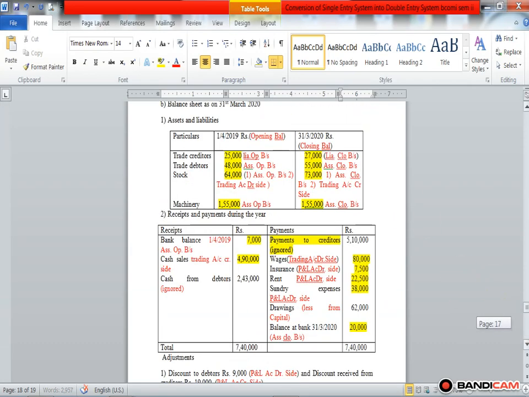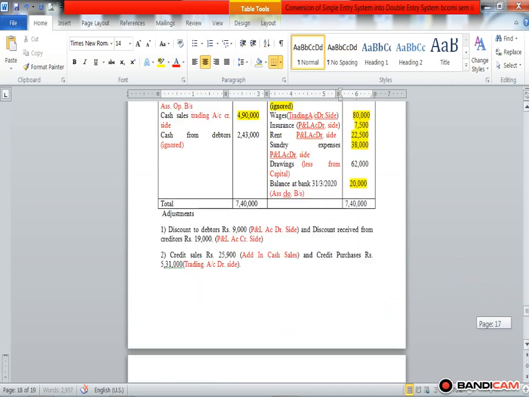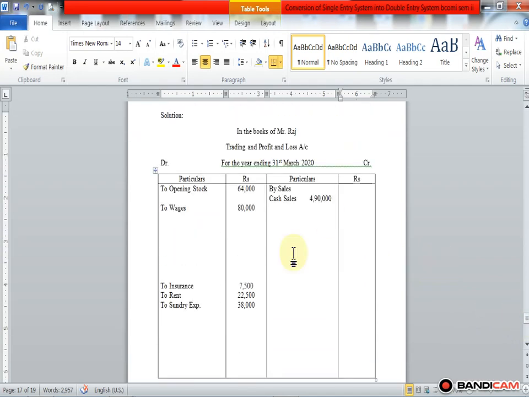Now we solve the adjustments, or transfer the adjustments. So discount to debtors, discount allowed, is our loss, transferred to the debit side of the profit and loss account. To discount allowed, rupees 9,000, and